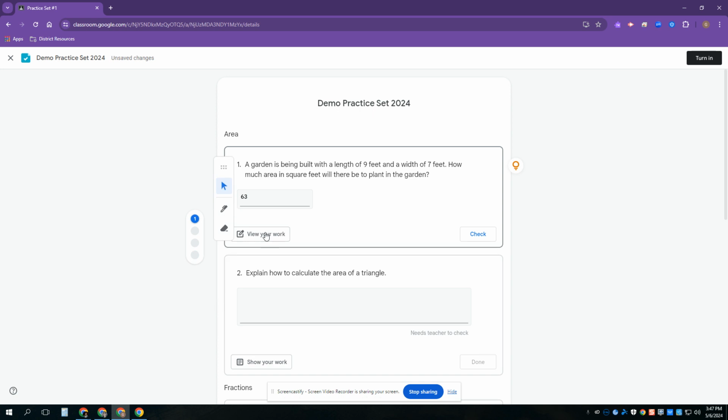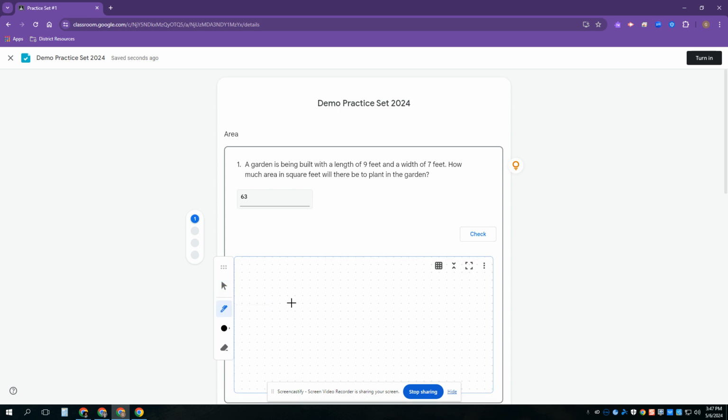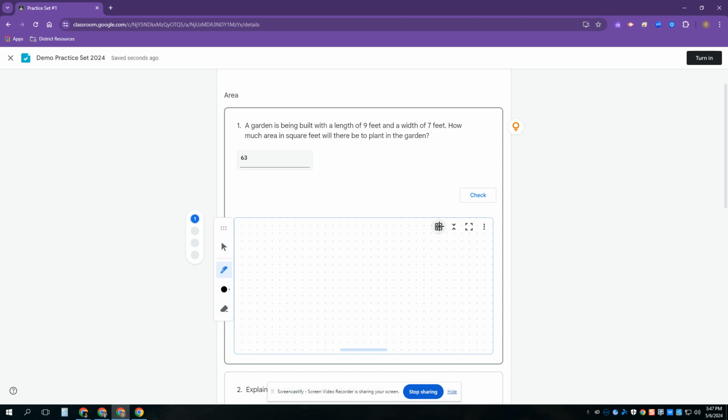So you'll see right here we have a View Your Work section. And if the student clicks on the pencil tool, they'll have a canvas in which to show their work. If they'd like to add a graph paper, they could. They can also make this larger if they'd like more room to work. And so if I did want to show my work,